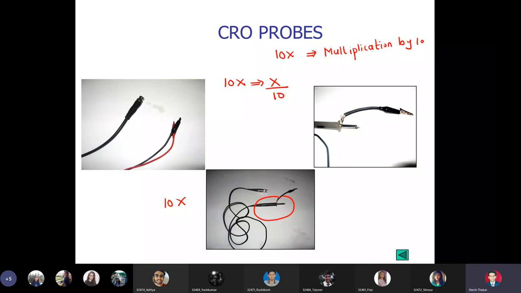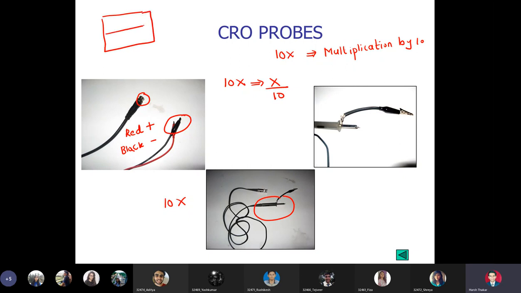Here there is a small switch. I will show you the magnified photo of this. Now you know that this part is called a BNC connector and these are called probe terminals. Out of these, one is red, that is positive, and one is black, that is negative. This BNC connector goes into the CRO. This is the display, which is a calibrated display called a graticule. It is calibrated, you can take measurements. These are the channels.